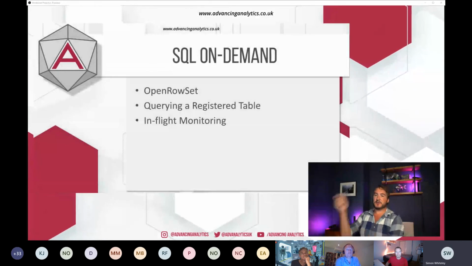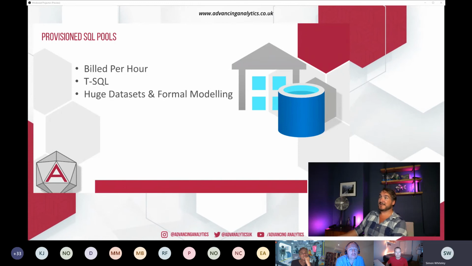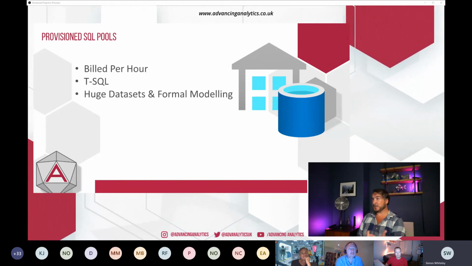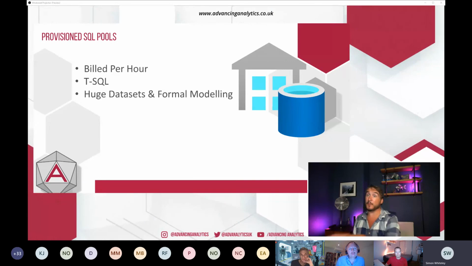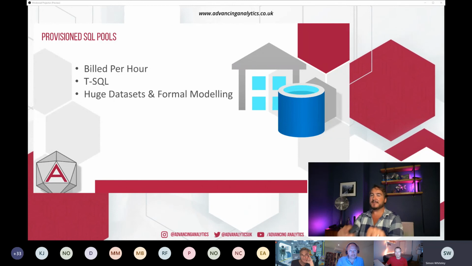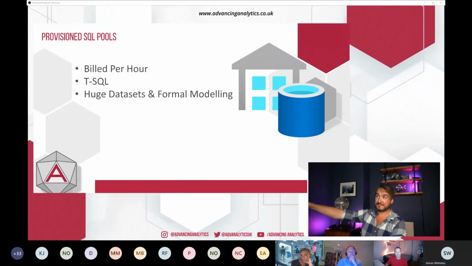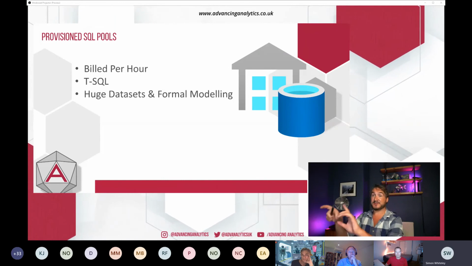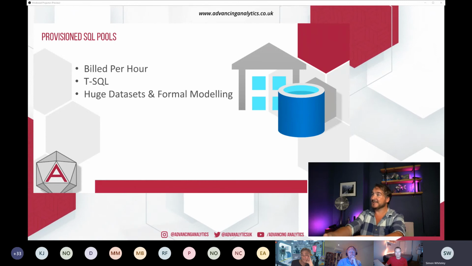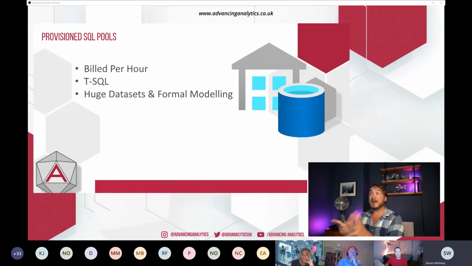Okay, the other bit I don't want to spend too long in. So provisioned SQL Pools, that's classic SQL Data Warehouse, but now in its new land, billed per hour. Again, T-SQL, but the MPP parallel data warehouse flavor of T-SQL. And it's for that kind of, I've got a big data set. And that's the only place where we can land data and store it within a SQL table here. If it's in SQL OnDemand, it's just a metadata pointer to something in the lake. If it's in Spark, everything is held in the lake. All the different compute options are lake compute options, except for this,